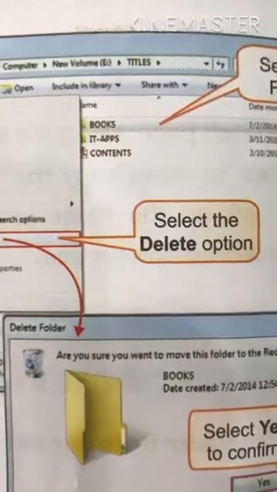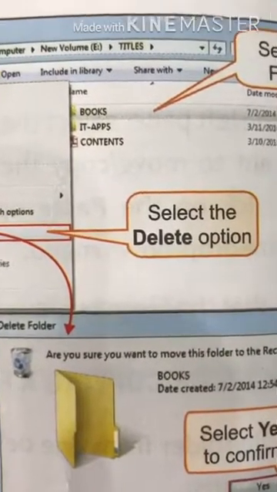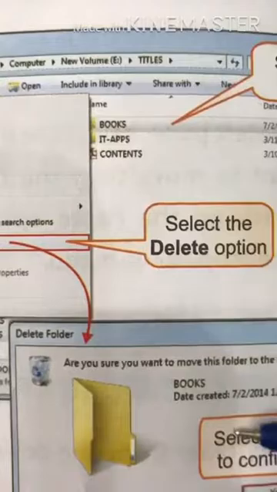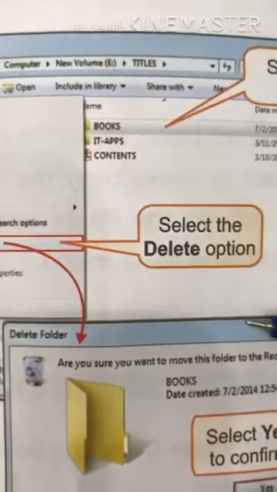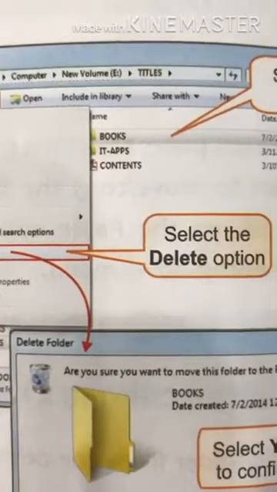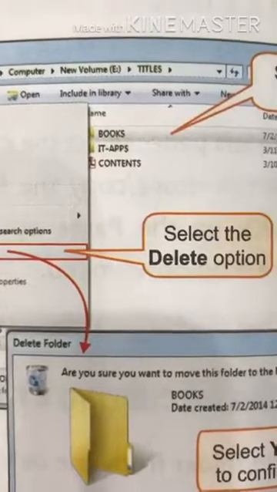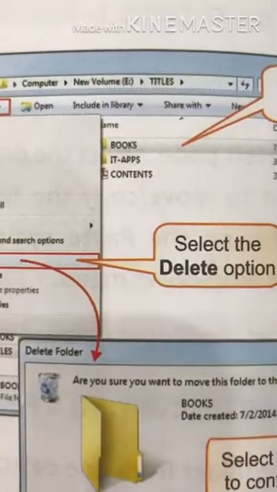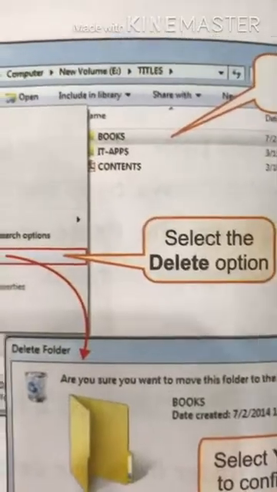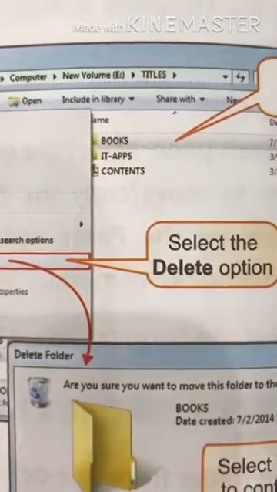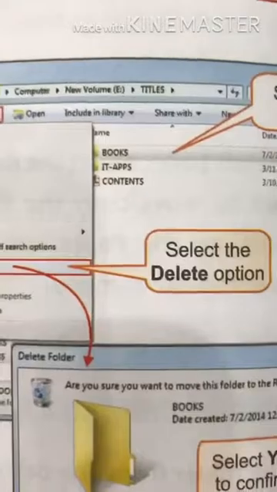Then these files are permanently deleted from your computer system. The second one is a shortcut: press shift plus delete on your keyboard to delete all the files and folders permanently.